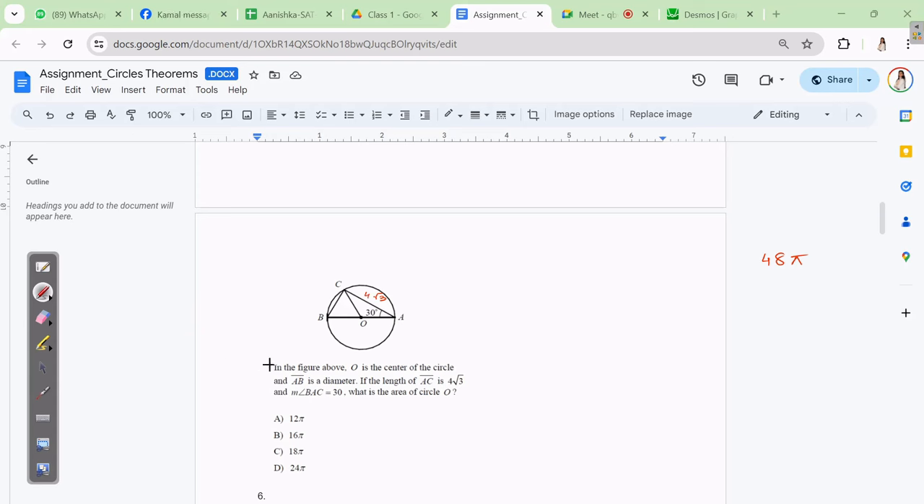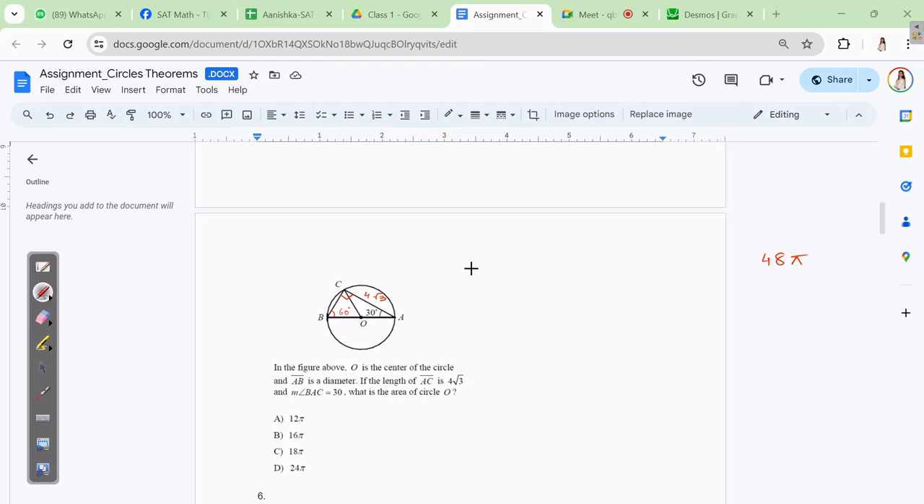So I took the triangle and it's a 30, 60, 90 triangle. So I put A as 30 degrees, C is 90 degrees, and B is 60 degrees. And then I tried to find the sides of that triangle. So I did 2 times 4 square root of 3 to get the hypotenuse, and I got 8